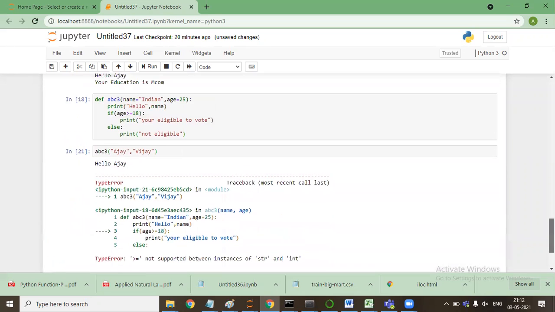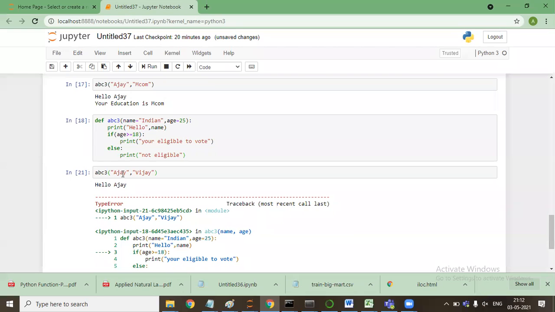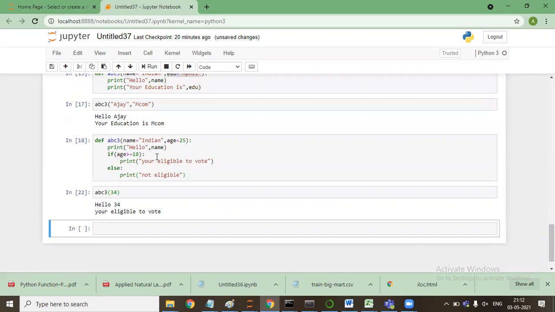So whenever we pass any of the arguments, it will take the position of the argument. So Ajay, when it is a string that is matching, so now here comes the concept of type conversion. So integer can be converted into string, but to convert string into integer, it's not that simple. We need to call ASCII value and many more things. So when I passed ABC Ajay, it is a string, so it went and replaced it. When I say ABC and I said 34, then also it replaced it. Now 34 has become string.